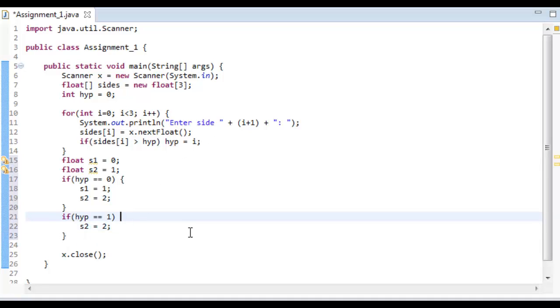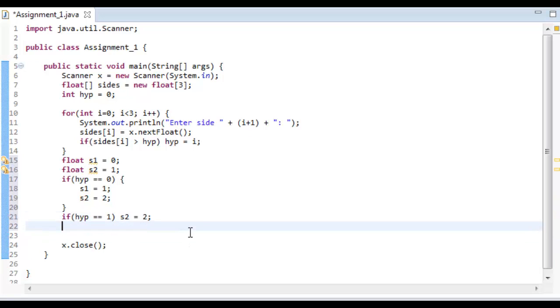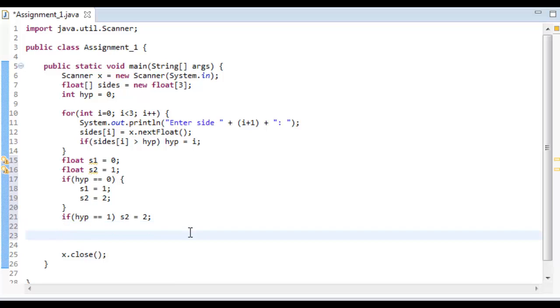And we actually don't need these method data brackets. And go ahead and now we can check if side1 or sides hypotenuse times sides